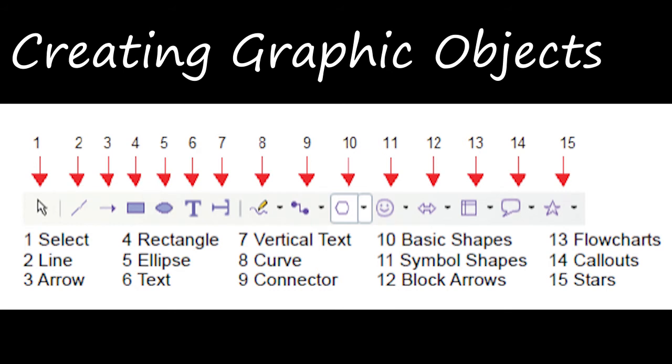Okay, let's see about the drawing toolbar. The drawing toolbar contains tools which are used to create these graphic objects. If this toolbar is not seen in your window, you can just click View in the menu bar and select Toolbars, Drawing, or it will be written as Drawing Toolbar from the main menu bar, right? Then Select. Select means it selects the objects. You can select many objects by dragging the mouse also, right?